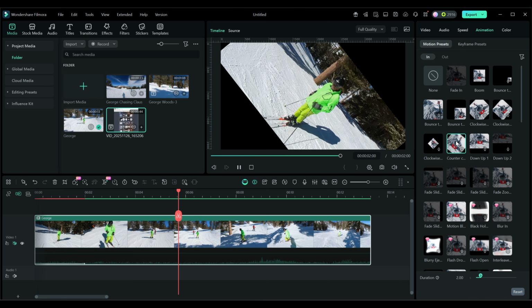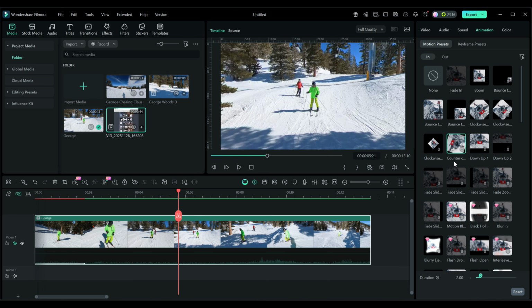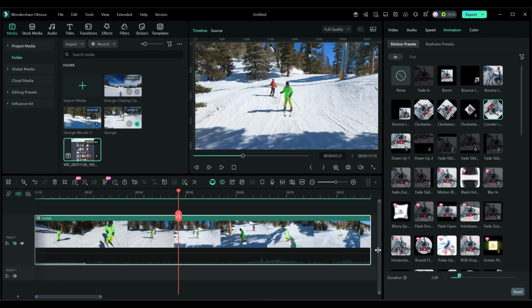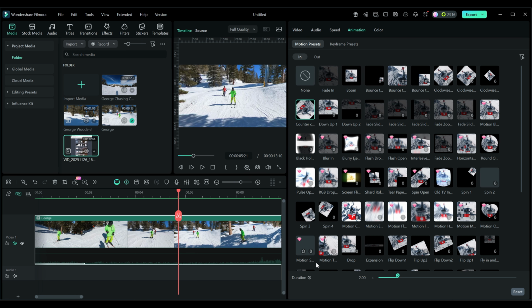Just double click it. And right away, we've applied it. I double clicked on it. That not only downloaded it and dragged it down for me, but it also applied it to the beginning. And the way that we can tell that it's applied to the beginning is this little white arrow here at the bottom. Now, the other thing about this is, and I'm going to expand this a little bit here,